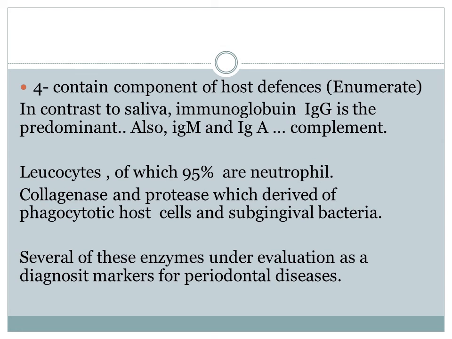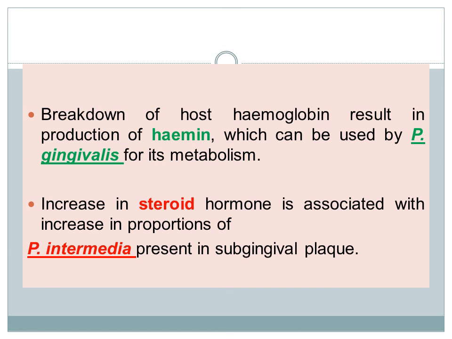It contains components of host defense. In contrast to saliva, immunoglobulin G is the predominant one, along with immunoglobulin M and immunoglobulin A, complement, and leukocytes, of which 95% are neutrophils, as well as collagenase and proteases, which drive off phagocytotic host cells and subgingival bacteria. Several of these enzymes are under evaluation as diagnostic markers for periodontal disease. Breakdown of host hemoglobin results in release of hemin, which can be used by Porphyromonas gingivalis for metabolism. An increase in steroid hormones, as is seen in pregnancy, can provide nutrients and